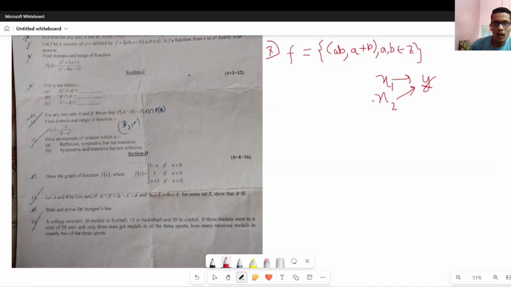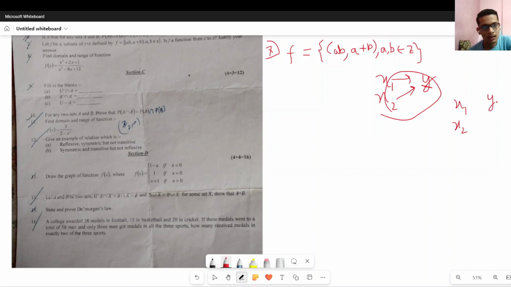Now look at how to define a relation as a function. Now see, x1 will give me the value y, x2 will also give me y. If x1 gives me the value y, and x2 gives me the value y, this condition is suitable for a function. But what if x1 and x2